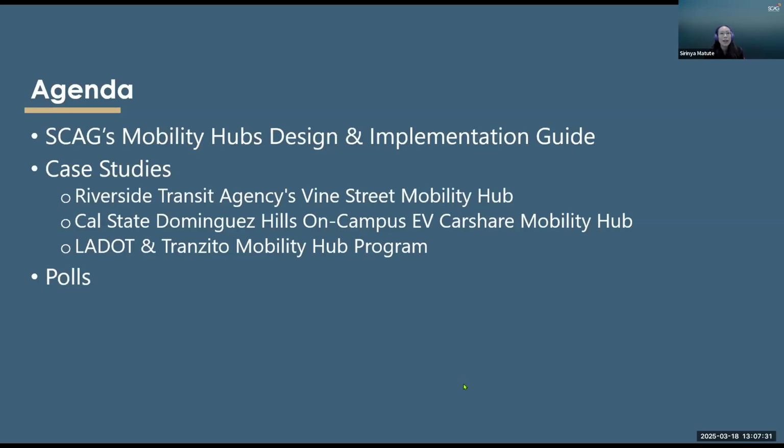Alrighty, and I think we can go on to the last question, which is, how familiar are you with mobility hubs? Temporary additions to the right of way that largely avoid the need to excavate any